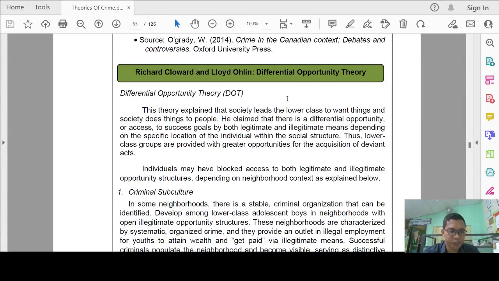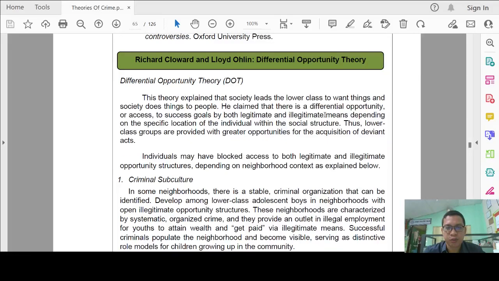Hey, good morning. Today, we will be having our part two of the lecture on sociological theories of crime causation. For this discussion, we will be having our lecture on the theory of Richard Cloward and Lloyd Ohlin. It is about the differential opportunity theory. So, the DOT or the differential opportunity theory